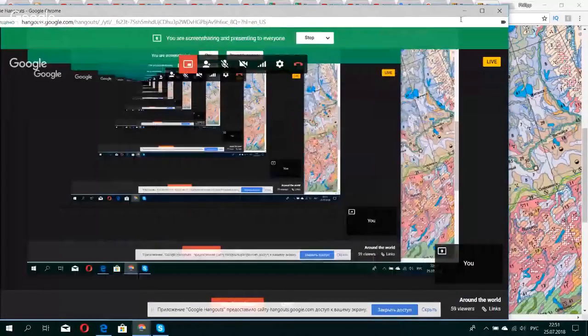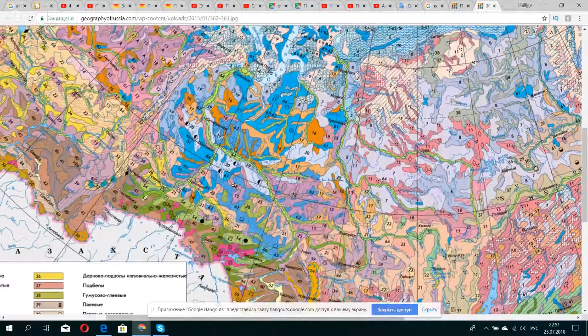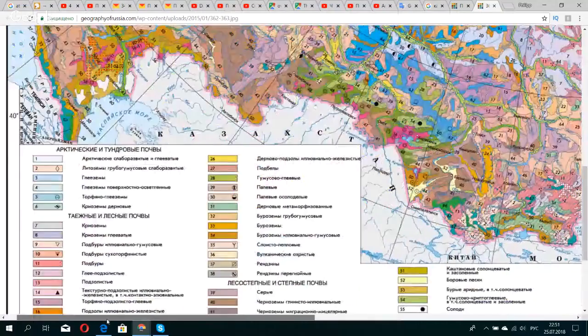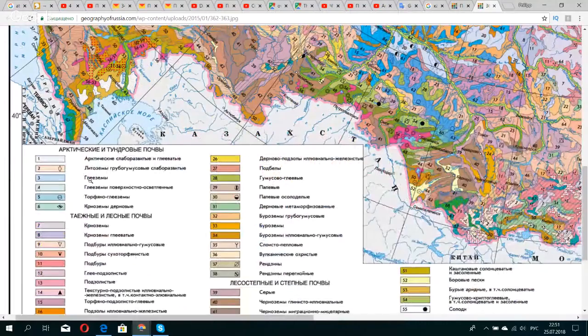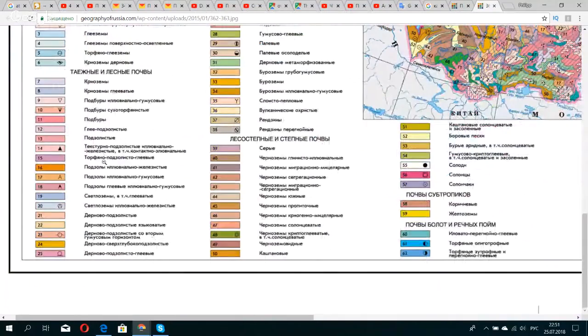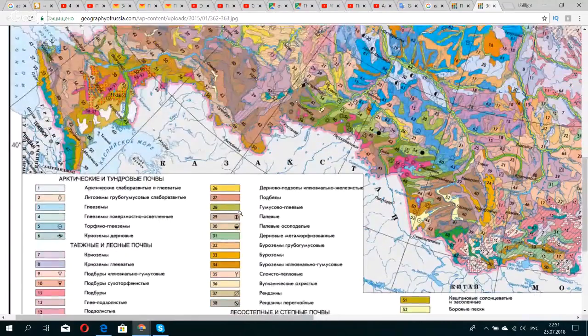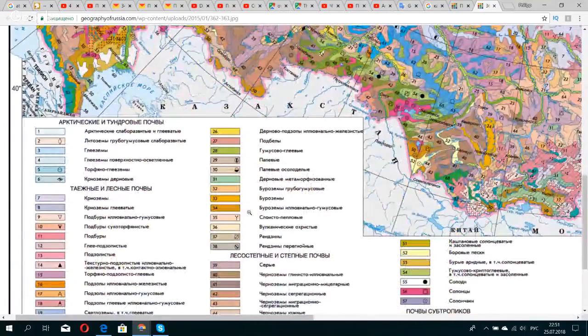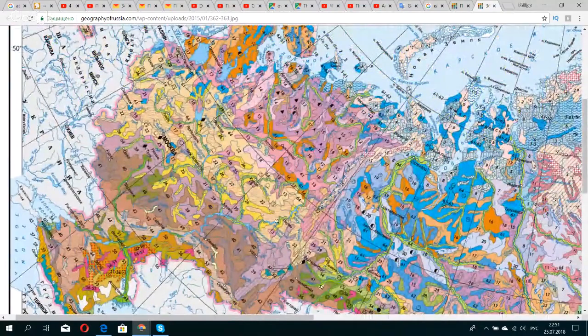Let's see. So we have this Russia soil map, and it has those blue ones. Let's see. So those yellow ones are those sandy soils like we have here in Moscow. So this is probably the direction of the flow here,